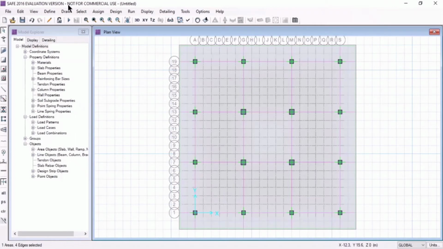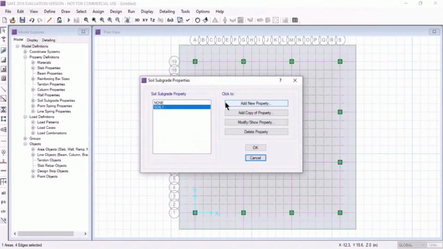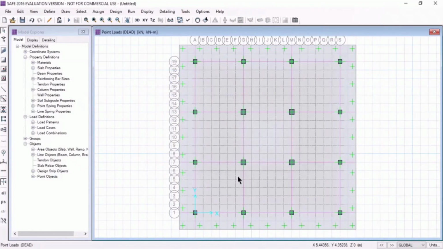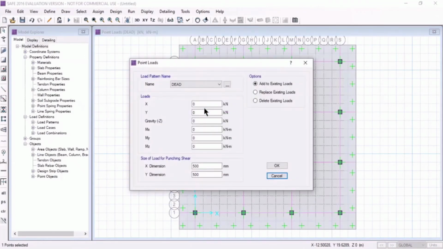Now select the slab and go to assign export data. So we will assign the slab 1 properties to our slab, and assign the load data to our columns. This load will be taken from the tall building design.